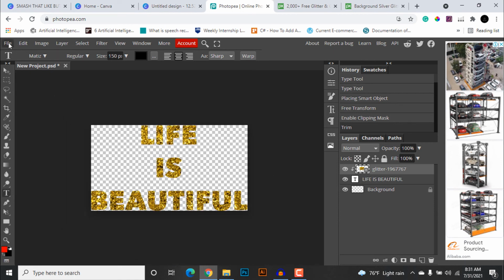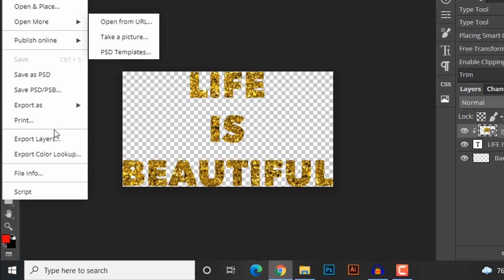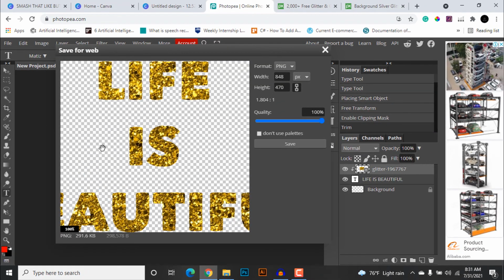Now go to this file tab and export this file as a PNG. Make sure to export it as PNG because you need a transparent background, and hit on this save button and make sure your quality is at 100%.